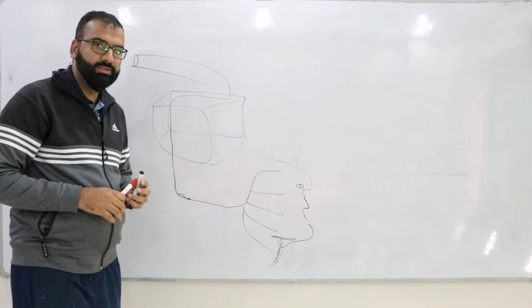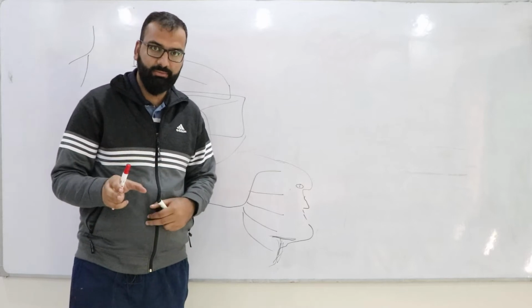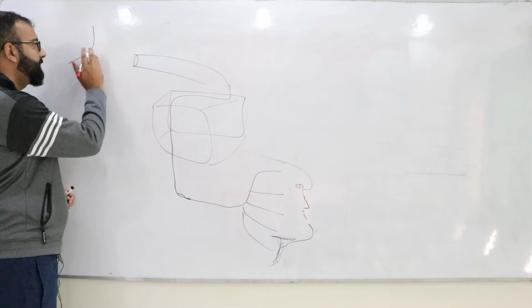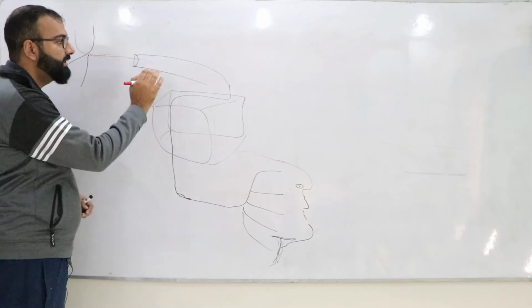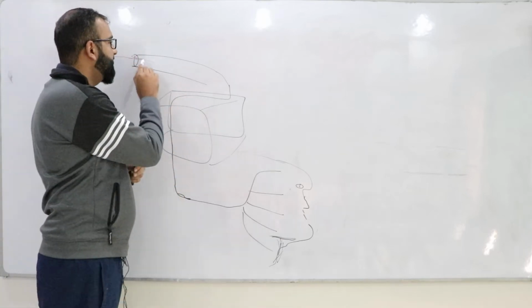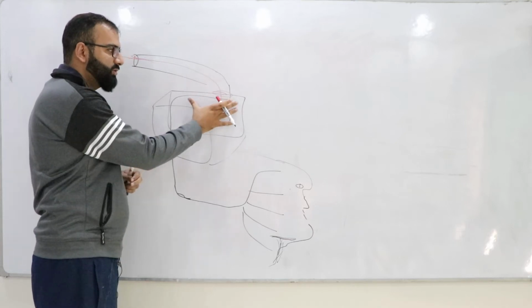Good morning everyone. So today we will be discussing the anatomy of the facial nerve. The facial nerve arises from between the pons and medulla. Once it arises, it crosses into the internal acoustic meatus. Traveling in the internal acoustic meatus, it enters into its first genu, which is in the posterior wall of